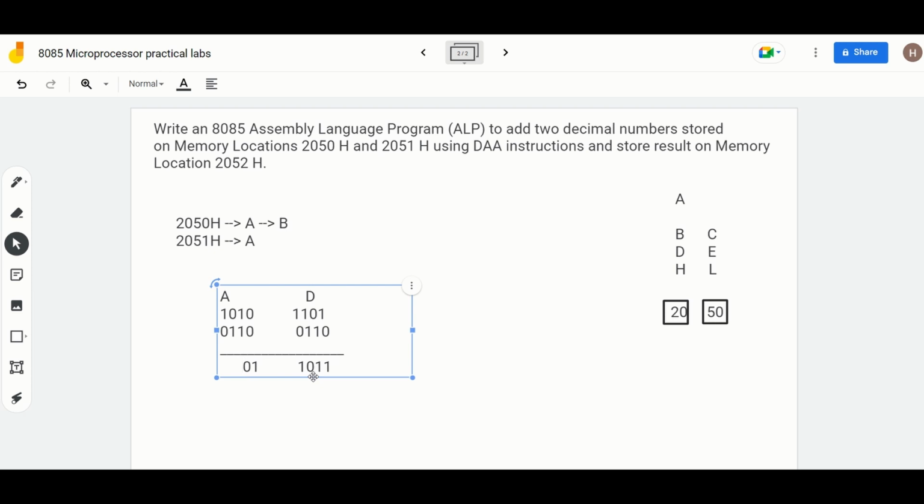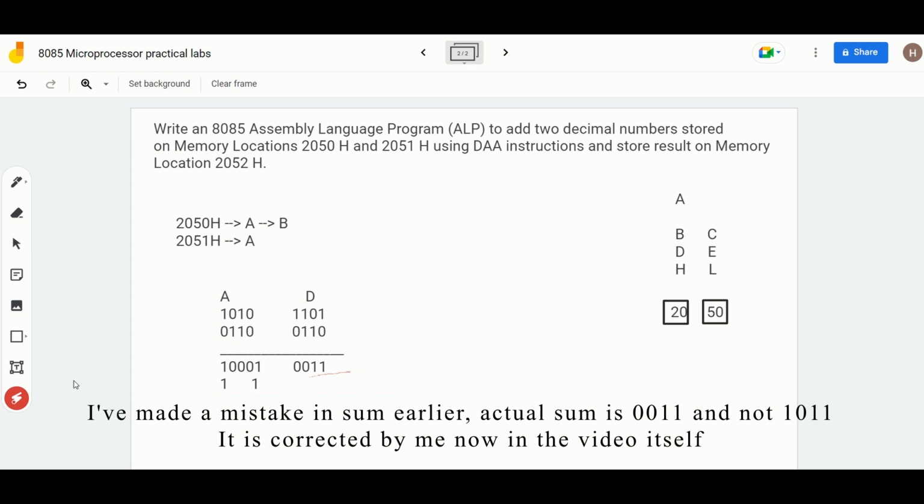Again you are having 10, again the carry is being forwarded, and again 1 plus 1 is 10, so you will get 10 this time. So this will be the actual sum, and when you convert it, 01 will remain 01, this 1 will remain 1, this 0001 is also called 1, and the other one will form 3,